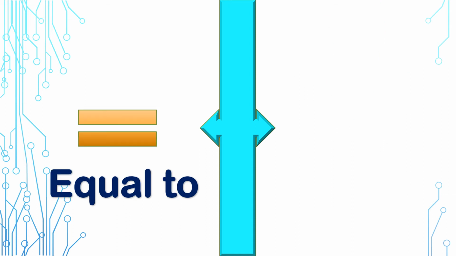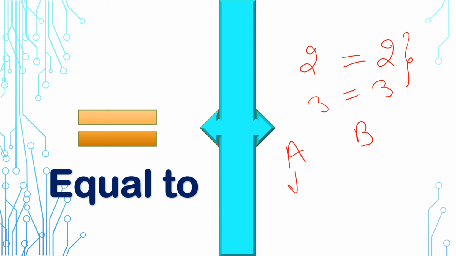Equals to. So in equals to symbol we just compare the numbers that they are equal or not. If they are equal, we said they are equal. Okay, like 2 is only equals to 2. Like 3 is only equals to 3. They are constant. If we take variable like a and b, if the value of a is 3 and b is also 3, so you can say that a is equals to b.